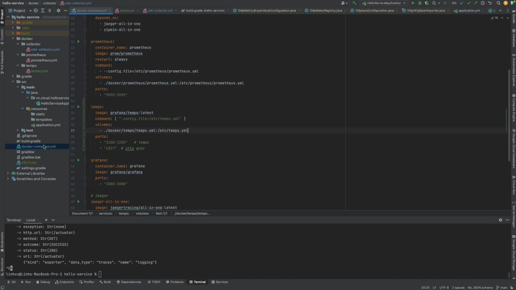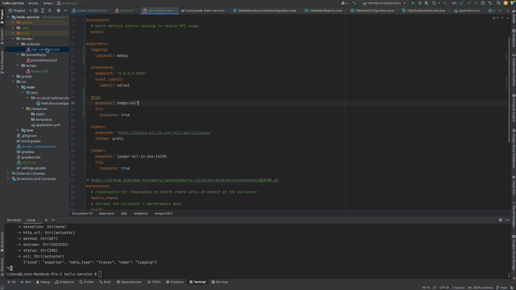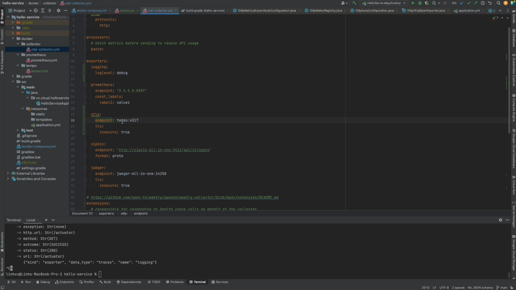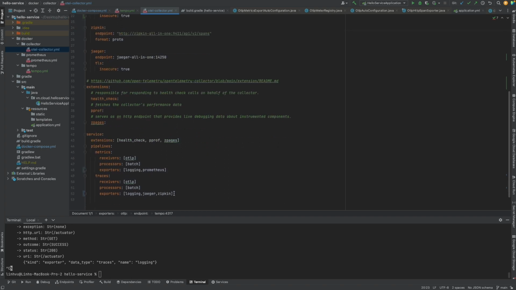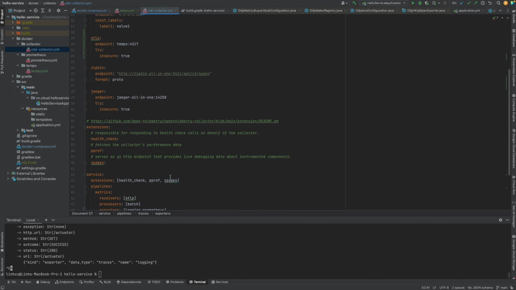As you can see, we have Tempo here to receive the trace data at 4317. So that's why we send the tracing data to Tempo here, and then we have to append it to the exporters here. So OTLP,